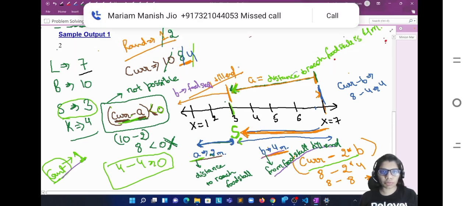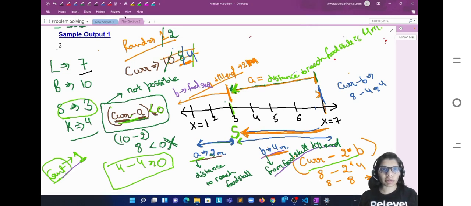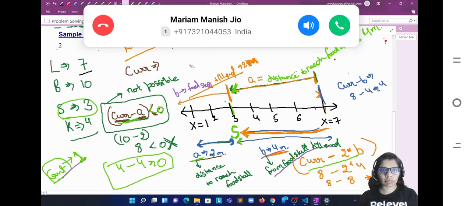B is 2 meters in this particular round, right? And as we have refilled here, so our current